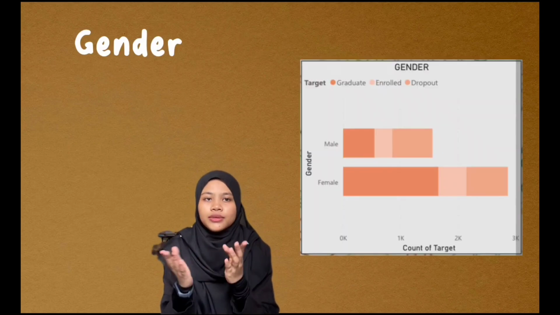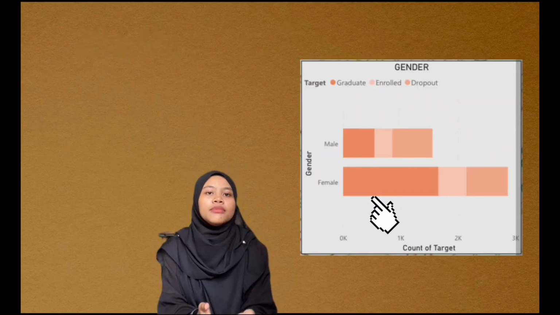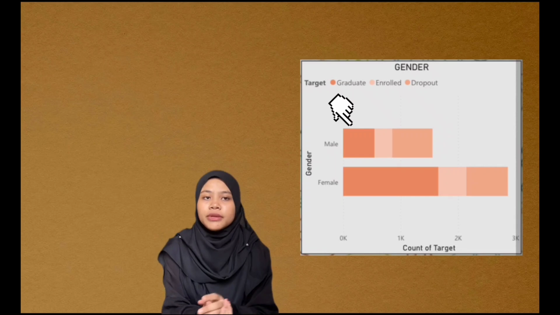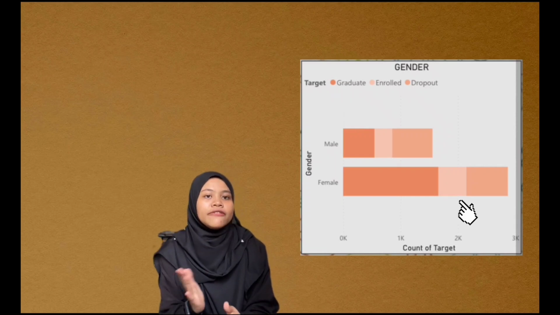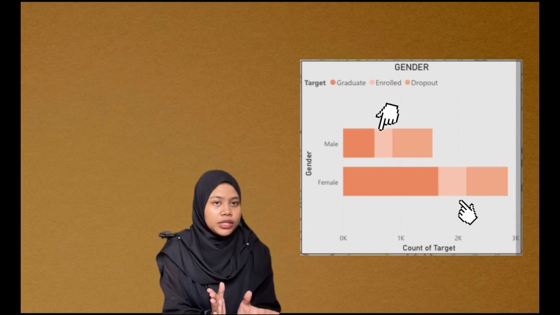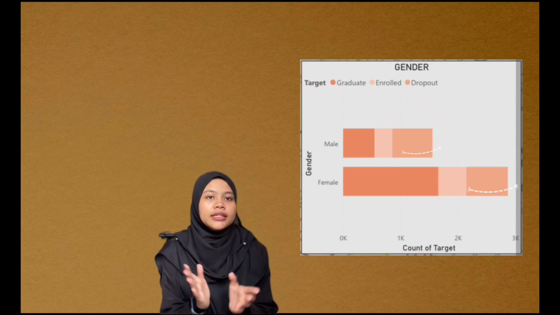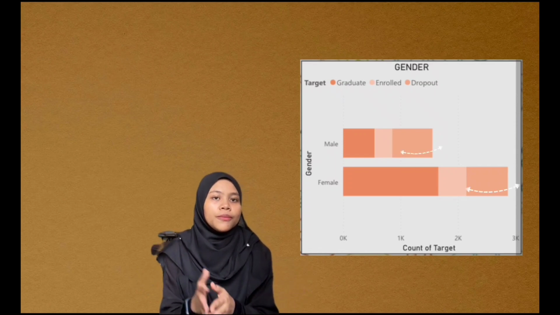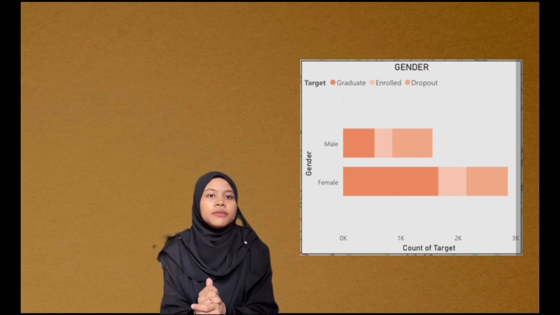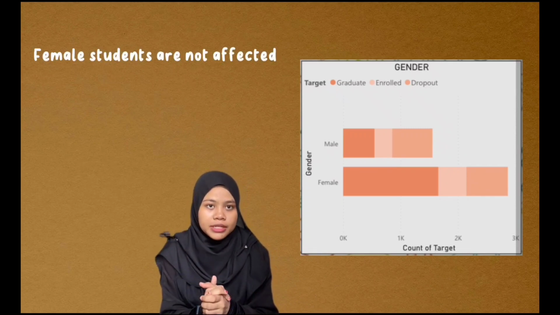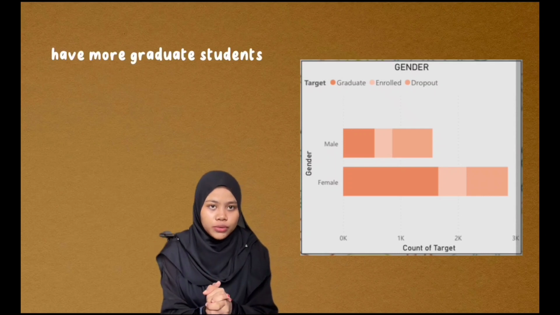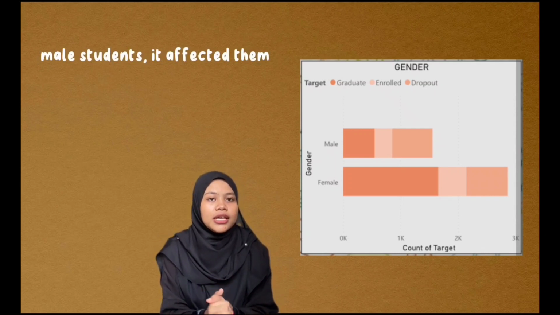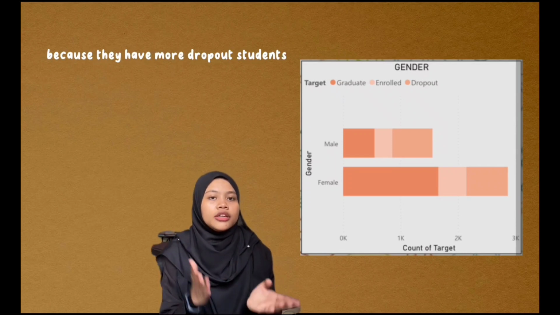Let's take a look at the first factor, which is gender. As you can see, for the graduate, the number of female students is higher than male students. For enroll, female students are also higher than male students. And finally, for dropout, it is more or less the same for male and female students. So we can say that for gender, female students are not affected in their academic status as they have more graduate students, while male students are affected because they have more dropout students than graduate and